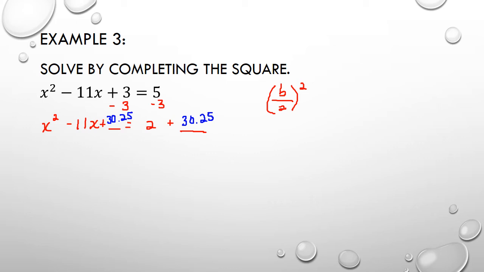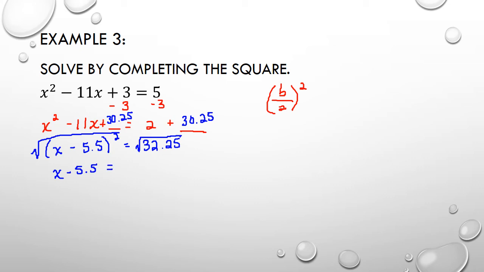Okay, so now we're going to factor that left side. So that's going to be x minus, either take the square root of 30.25 or take that b value and divide it by 2. And that gives us 5.5 squared. And then we add the right side, that gives us 32.25. Now we take the square root of both sides. That gives us x minus 5.5